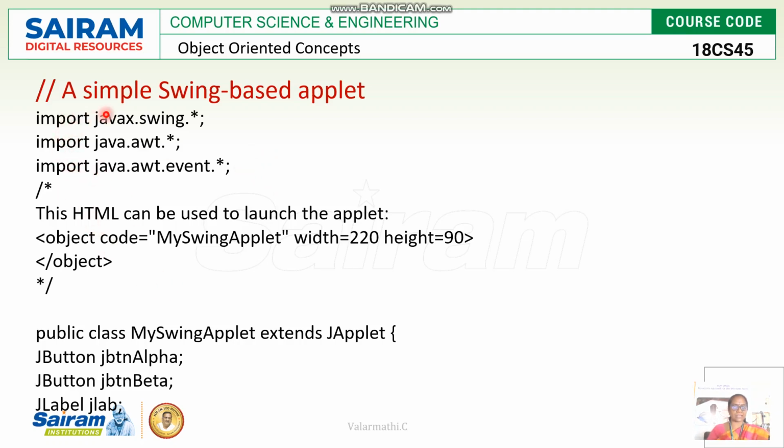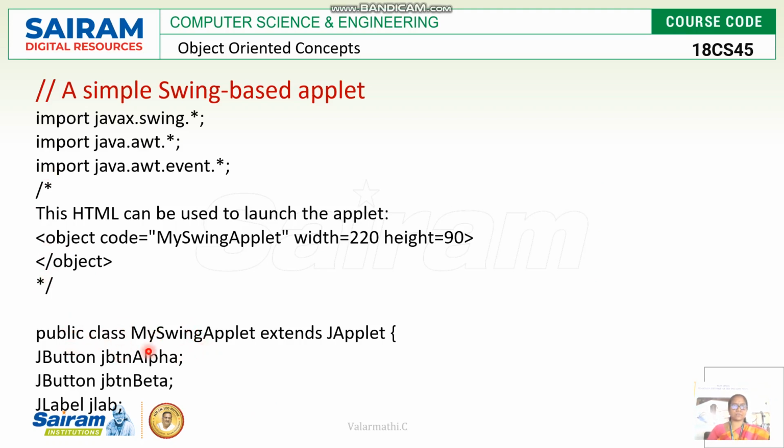Once the packages are imported, we need to write the applet code. This is the applet code that will be launched in the HTML coding to display the applet frame. In order to display the applet window, this code must be written in the HTML part. That is what is hidden in the multi-line comment. Then we can move on to the applet class.